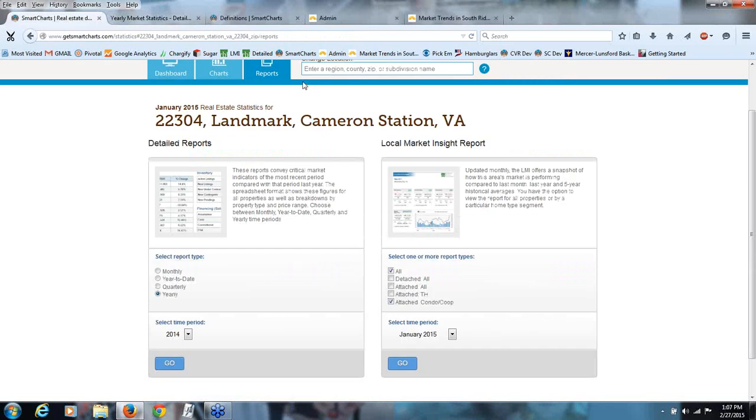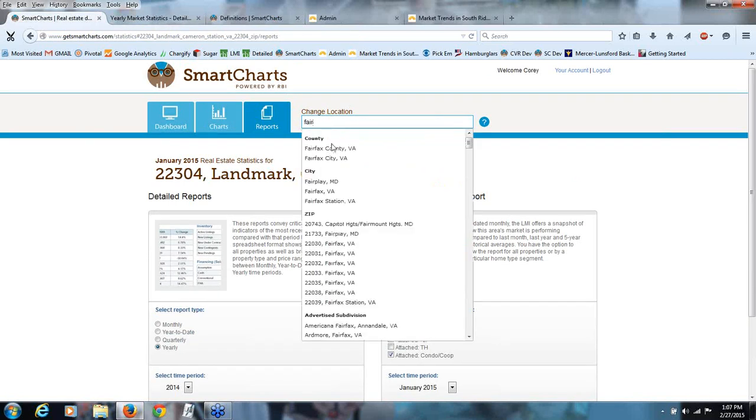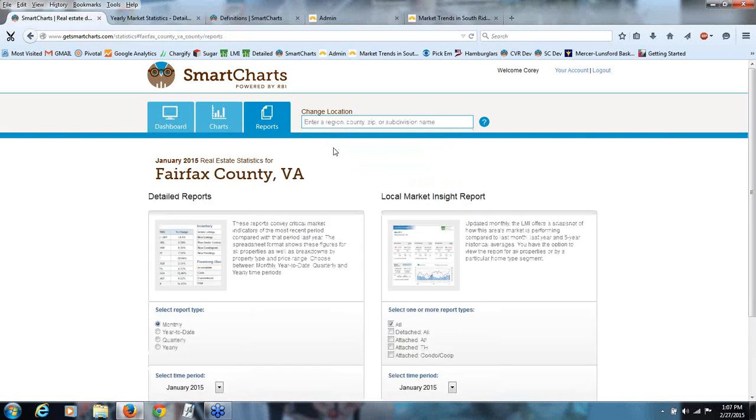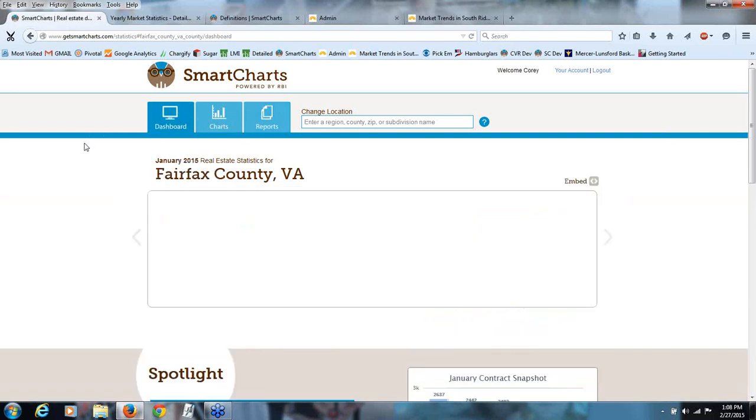Now I'm going to go ahead and dive into the application itself outside of those PDFs, and I'll go back up to a higher level. So let's look at Fairfax County, just for instance, and I'll jump to different locations to hopefully hit locations that are of interest to the majority of you at some point during this presentation. So when I click on the dashboard, this is a great starting point